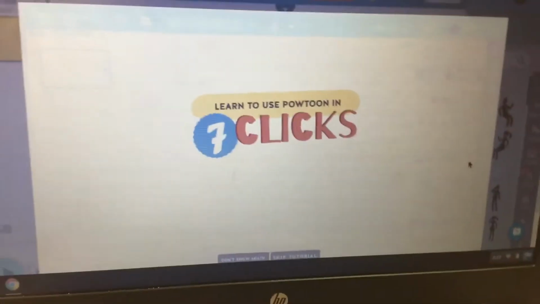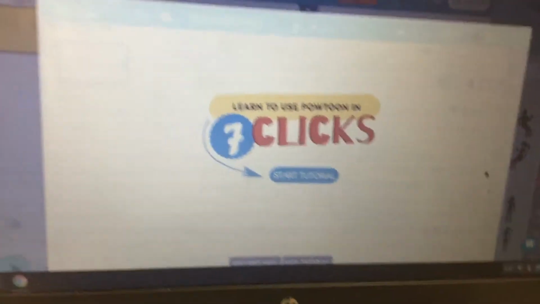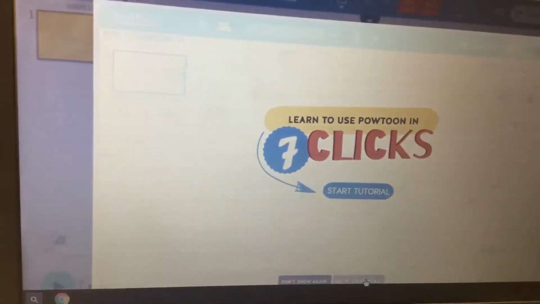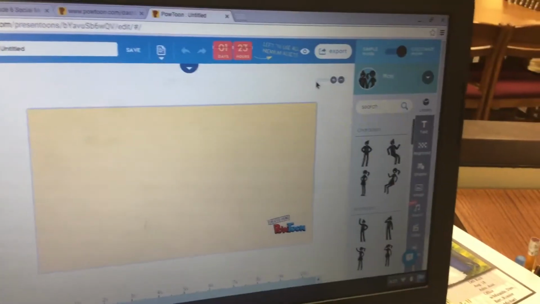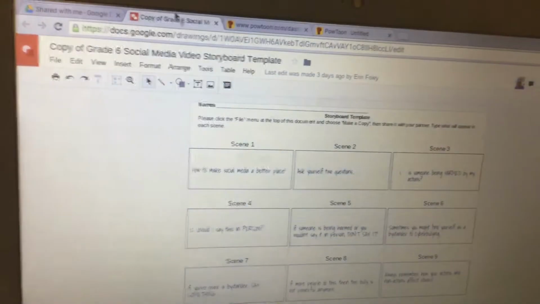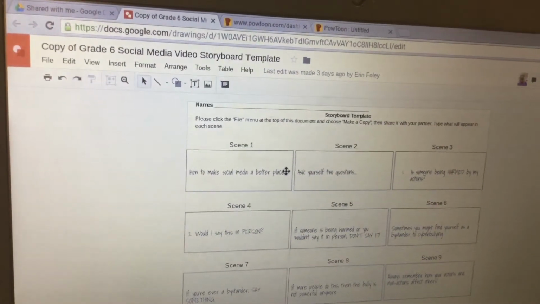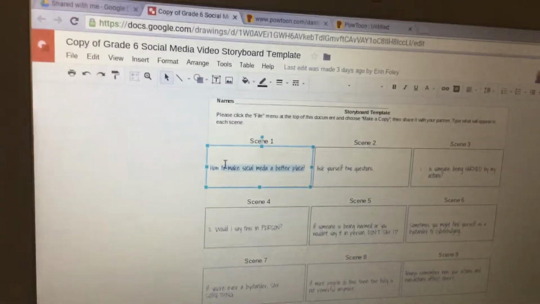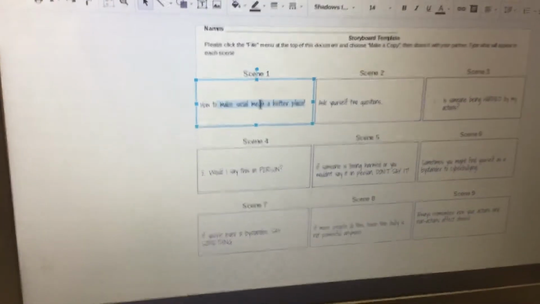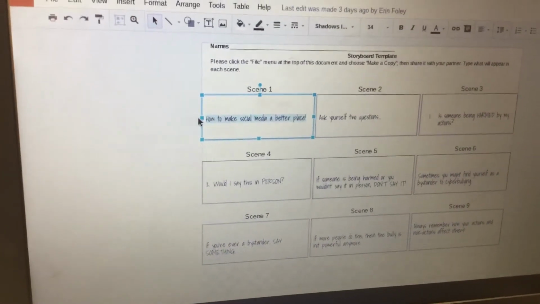Okay, next what you're going to do is click Skip Tutorial at the bottom of your screen, and then you're going to go over to your copy of the storyboard template, and click and drag to highlight the information in scene 1,